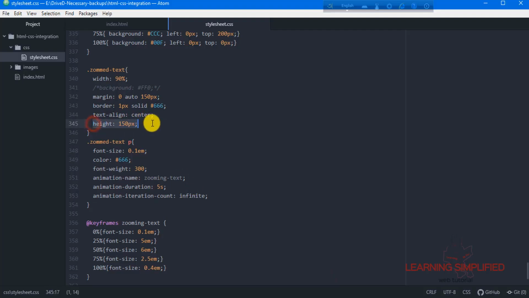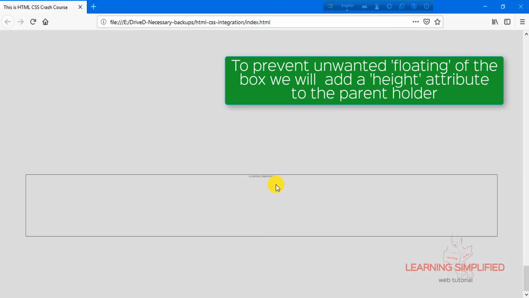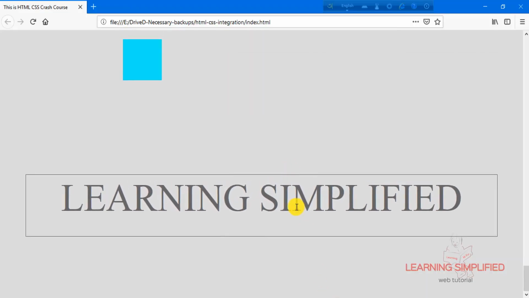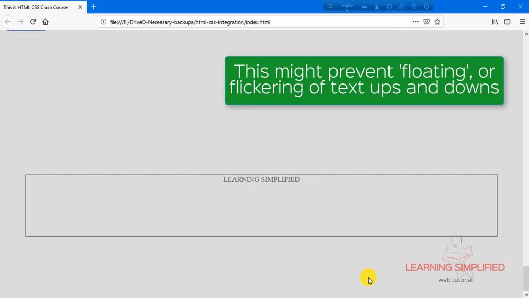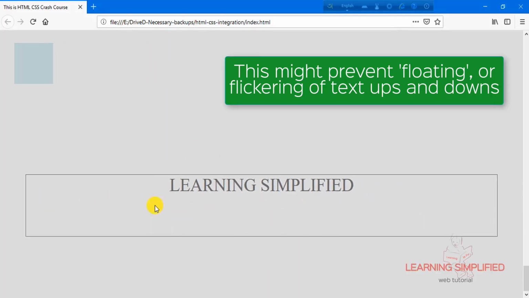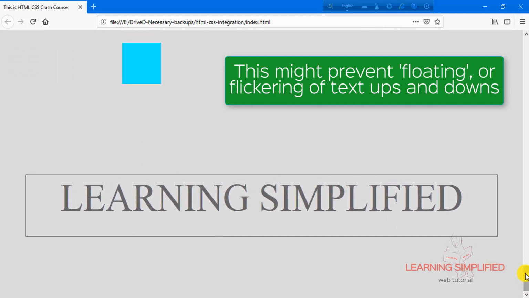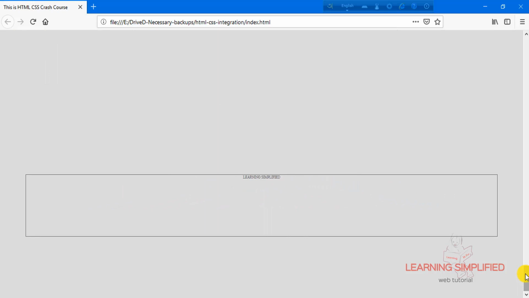In order to prevent that, we can add a height attribute to the zoomed text holder that we had created for that basic text animation. And there it goes. The floating that we saw in our previous condition is practically gone and it is now acting normally. There is no up and down of the scroll bar, everything is static in its position.